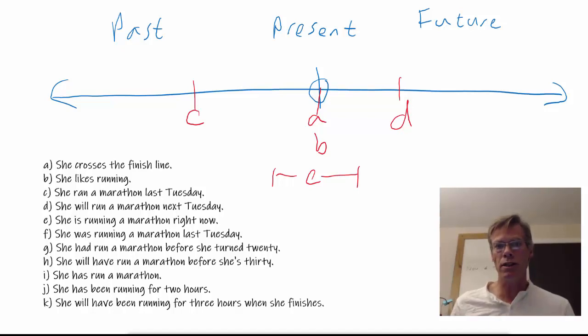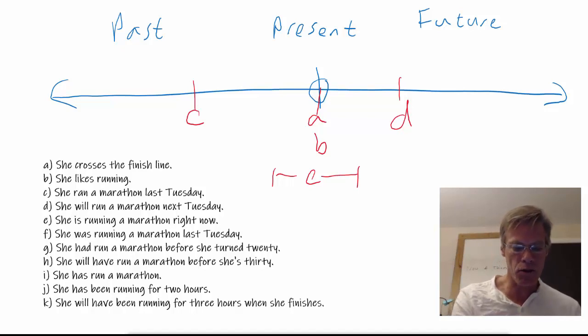So the difference between tense and aspect is that tense points us to a place on the timeline. Aspect points us to a relation of that time. So in this case, that it happens over a span of time, a duration. And likewise, if we had a past progressive, like she was running a marathon last Tuesday, then